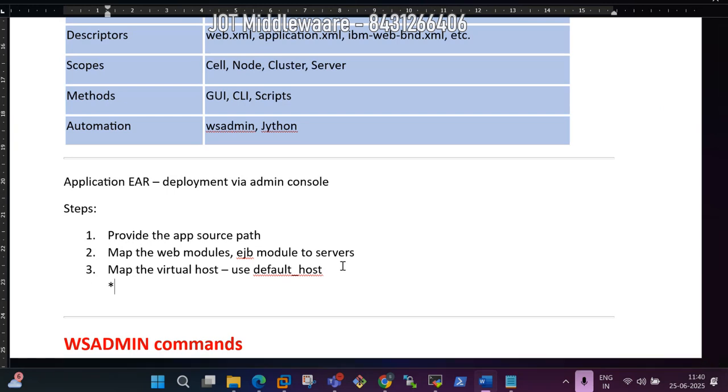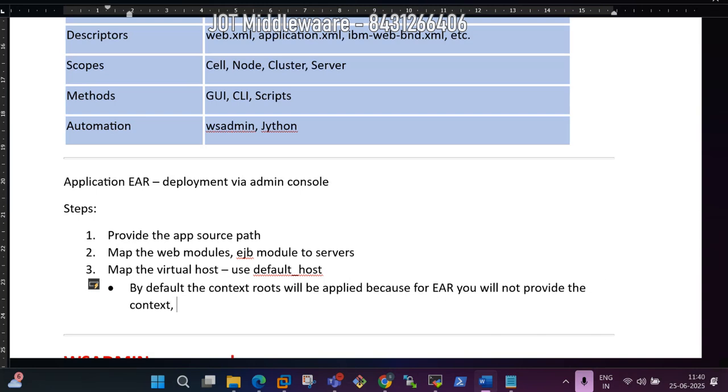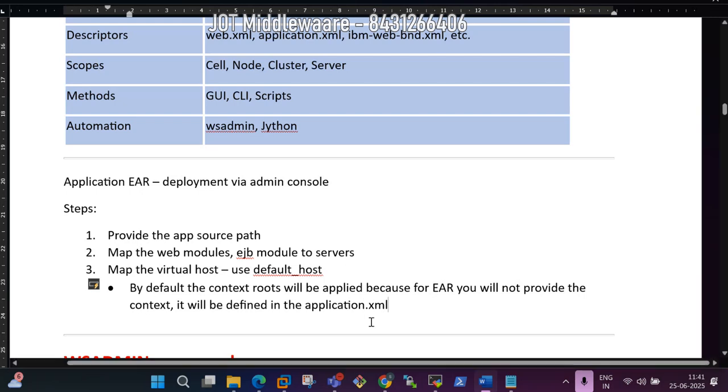By default, the context root will be applied, because for EAR, you will not provide the context. It will be defined in the application.xml. If it is a WAR file, then